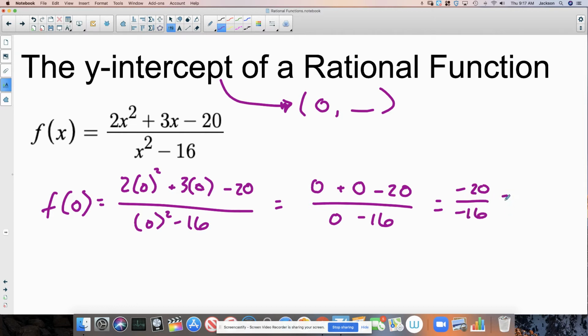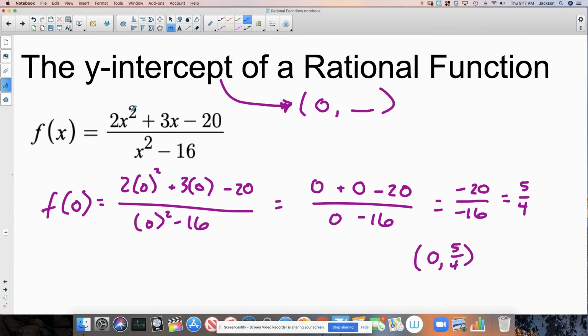And you should know from your previous schooling that in a fraction, two negatives, right? A negative divided by a negative is a positive, and 20 divided by 16 are both divisible by 4. So this is 5/4. So we would say that the y-intercept is 5/4 when x equals 0, okay? Also known as 1.25. Now, I told you there'd be a little bit of a shortcut here, and it's this,